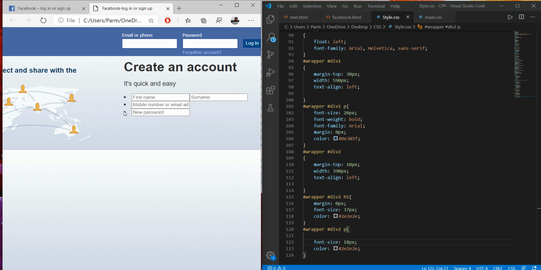if we see over here, this bullet symbol is coming, so we want to remove this first.